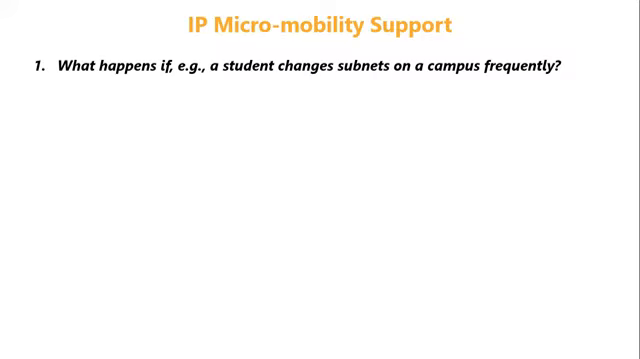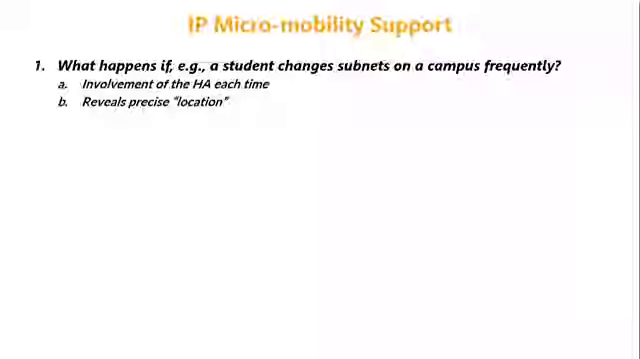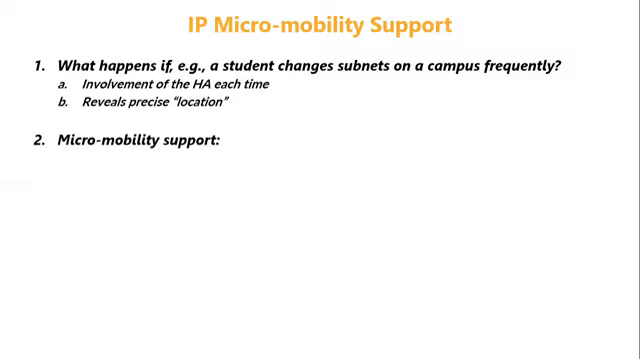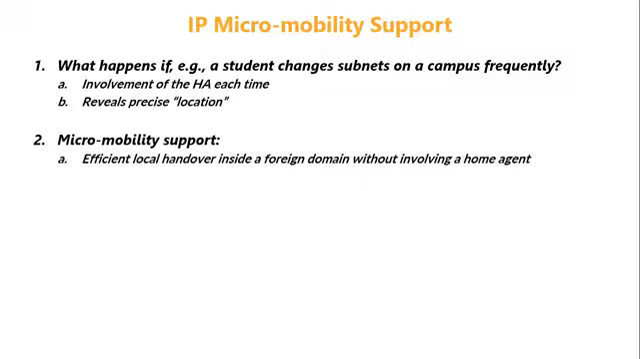The student is not going out of the campus, but within the campus he is changing the subnet. Now the question is, whenever he changes the subnet, should the HA be informed every time about his precise location? Is it required or not? Generally, without micro mobility, whenever he changes the subnet, the HA should be updated with his precise location. But if the micro mobility feature is there,